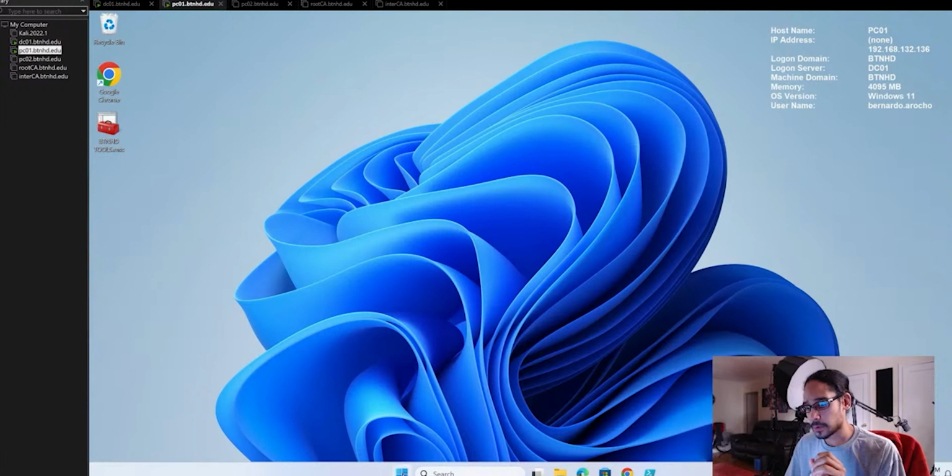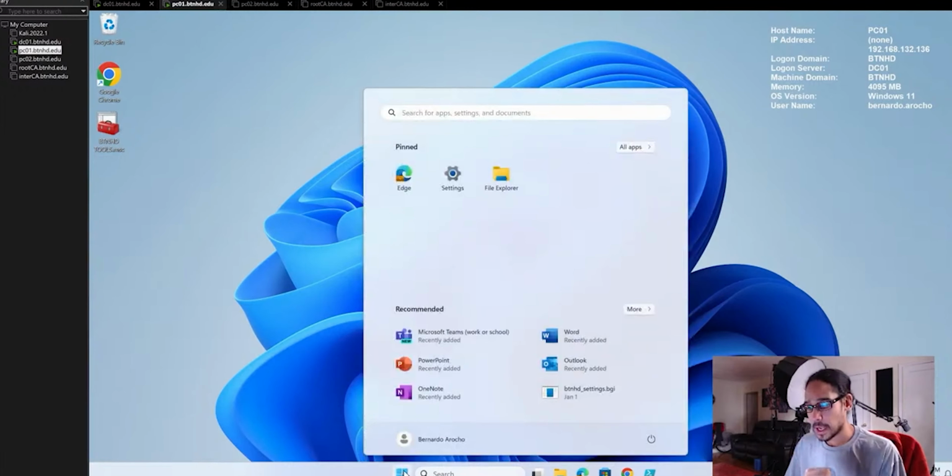Today is all about getting all the servers within Active Directory. This is typically the first thing that I do when I start a new job, if I'm managing all the servers, right? I'm a system admin, and I am going to click on Start, and we are going to type in ISE.